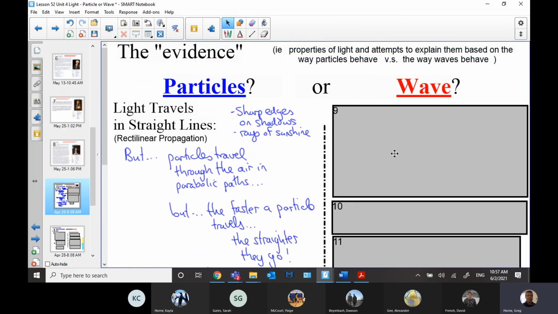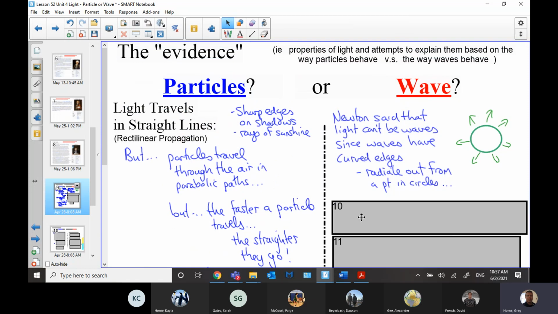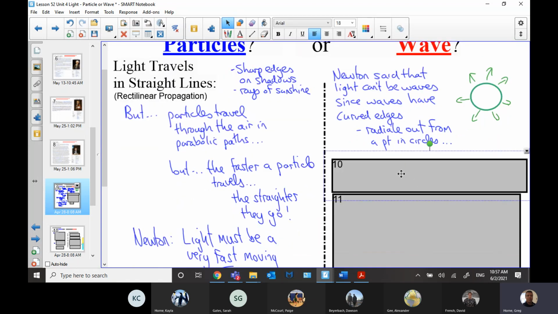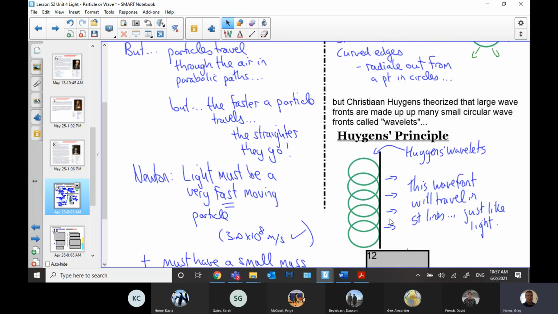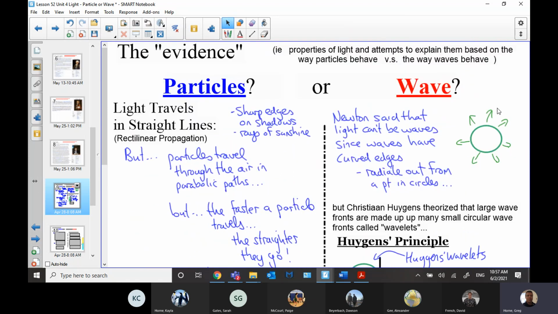So there's lots of big ideas in this section that we're just going to think through, right? Newton pointed out that waves are very circular, right? They have these curved edges, they radiate in all directions and so on. So that's where Huygens came in and said, well, we can make rays of waves as well. We can have a bunch of Huygens wavelets lined up, and we'd have a wave front that would travel like a beam of light. Everybody focuses on the wavelets, but even here, that's rectilinear propagation right there, right?